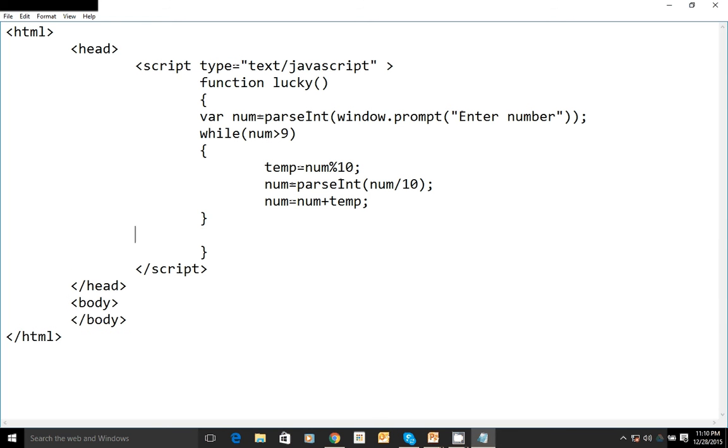After this loop, let me print it: document.write of temp, "Lucky number is".